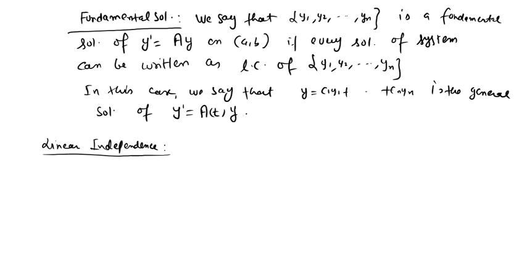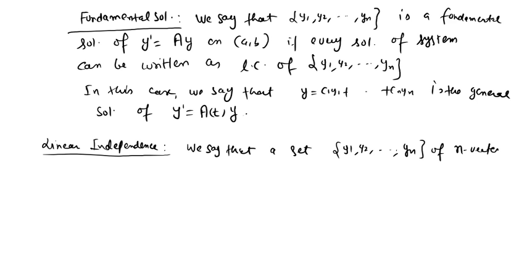Okay, so we say that a set y1, y2, up to yn of n vectors, so they are column vectors, vector functions,